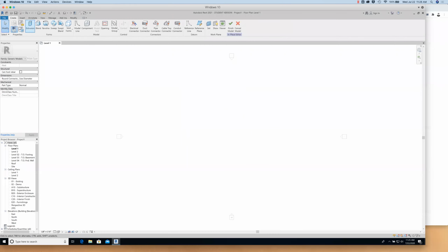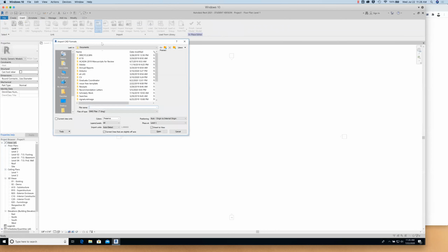And so now it's going to give us some modeling tools. So we could actually do some extruding and revolving and sweeping if you really wanted to try to draw these things in Revit. It's a little more painful in Revit than it is in Rhino. That's why I wouldn't wish that on my worst enemy, to be honest. So instead, I'm going to go to the Insert tab, find Import CAD, and I'm going to import this